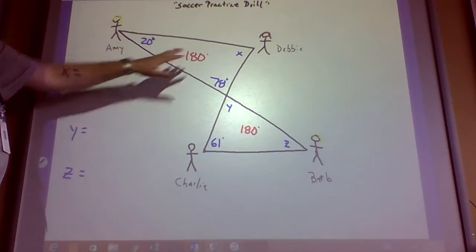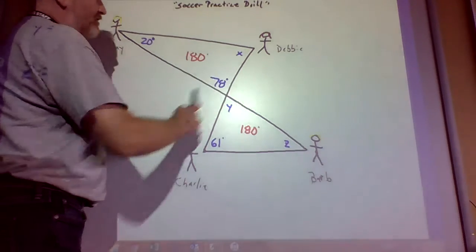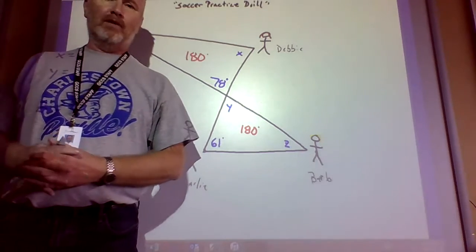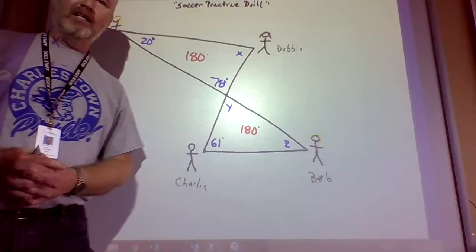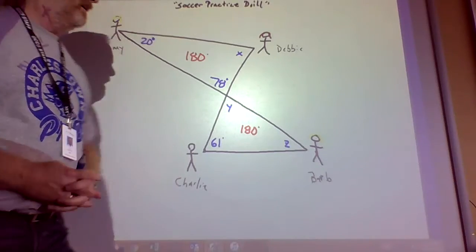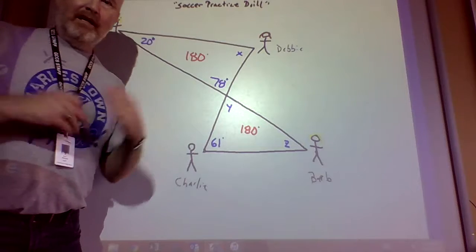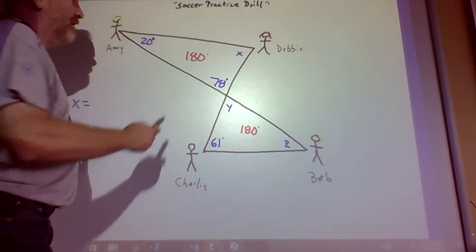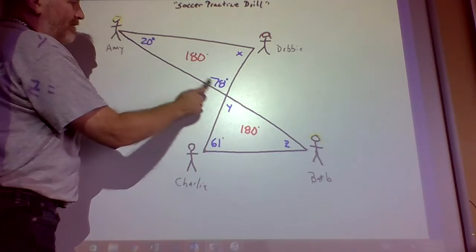So X, we'll just go alphabetical order. X, we do know the other 2 angles, so you should try, even though I haven't really processed one of these problems yet, you should try to figure out what you think angle X is, and I'll pretend like you did that. You could hit pause right now, and then we'll come back and say, hey, what'd you get? And since you haven't done one, Mr. Metcalfe, so I didn't try it, I'm going to wait for you to explain it. I'll do that. So in this triangle that has to add up to 180, we got a 20 and a